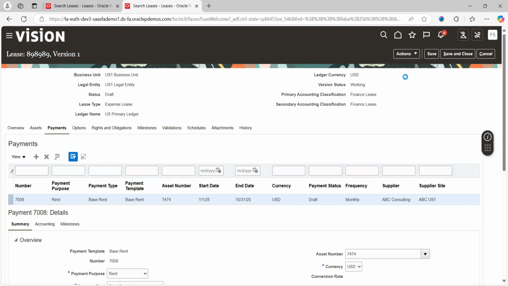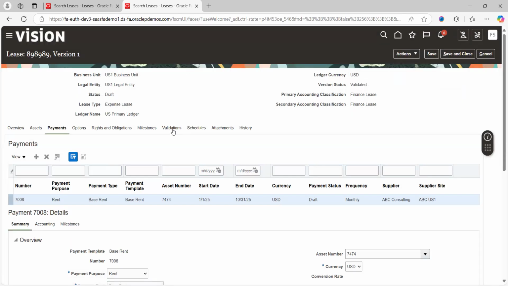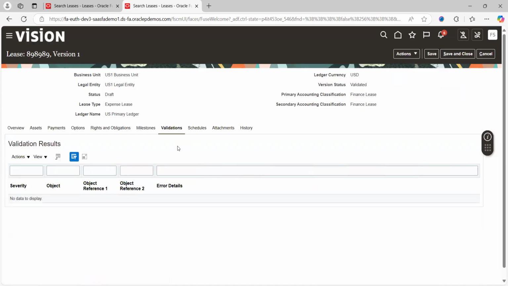Click on Validate. See, the lease was validated. It means that we did everything correctly. Say OK. Go and click on validation. If any errors are there, they will populate over here. There are details and severity like this. And again, go to